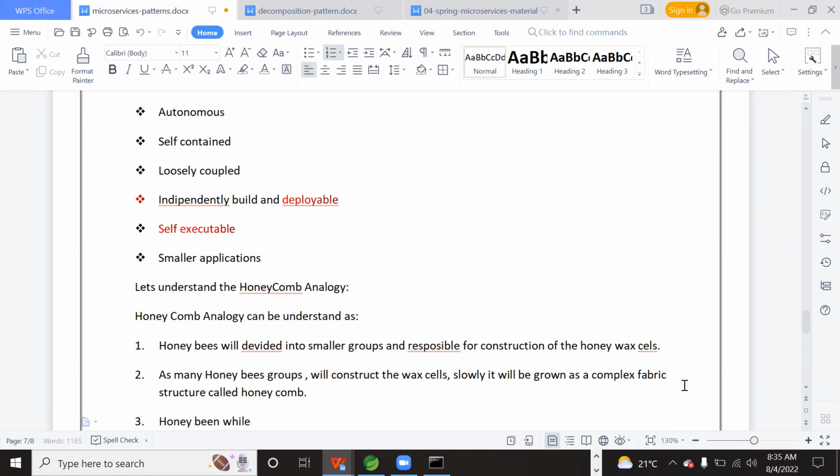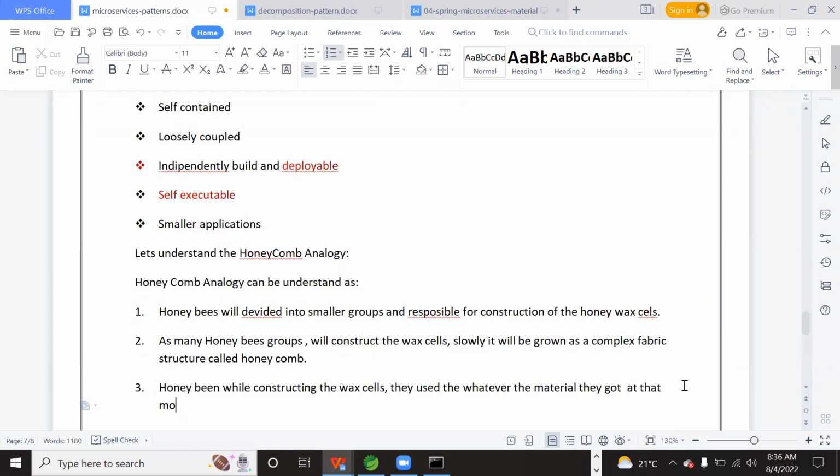While constructing the wax cells, honeybees use whatever material they got at that moment.